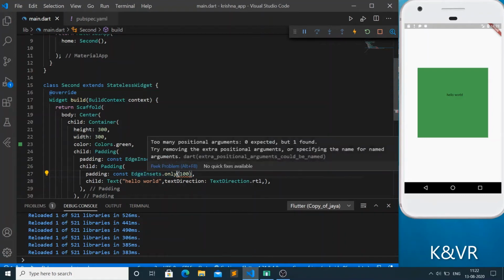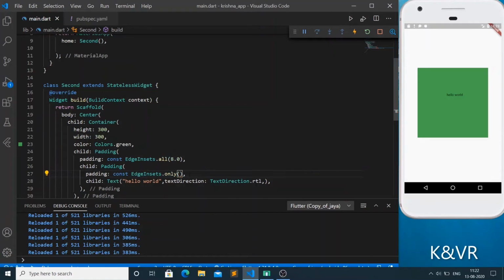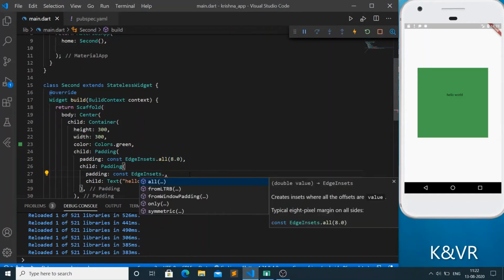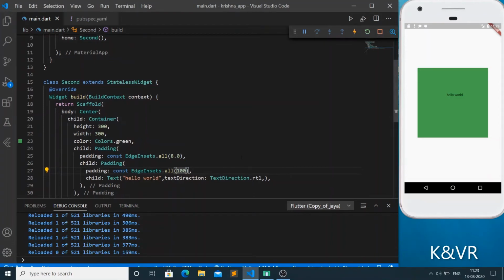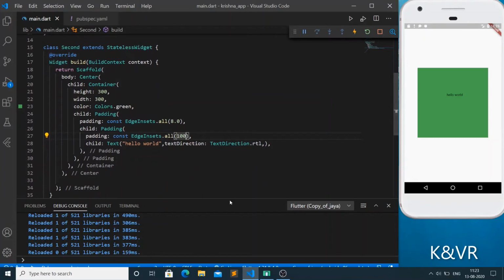I am not using only, so I am using all. I am giving 100. Here the output came to the center.